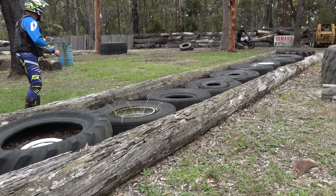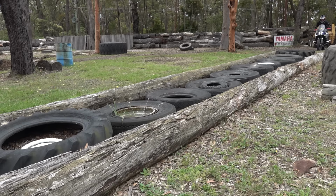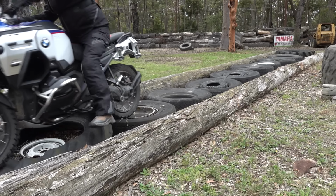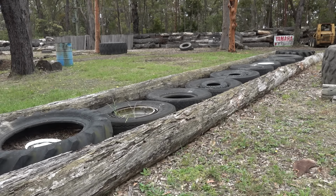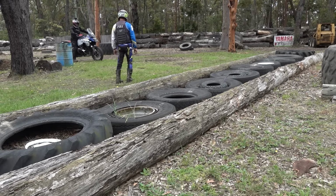Okay, we just got to have momentum. Lean back a little bit, elbows up, and just keep it going, keep it going, keep it going. I made it! That was rough as guts, but...